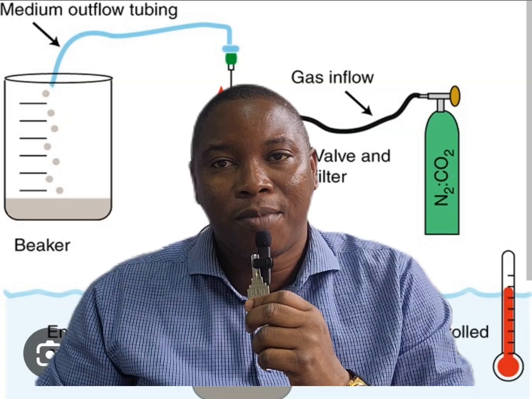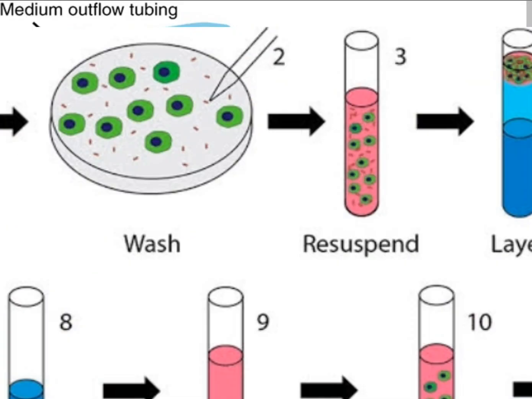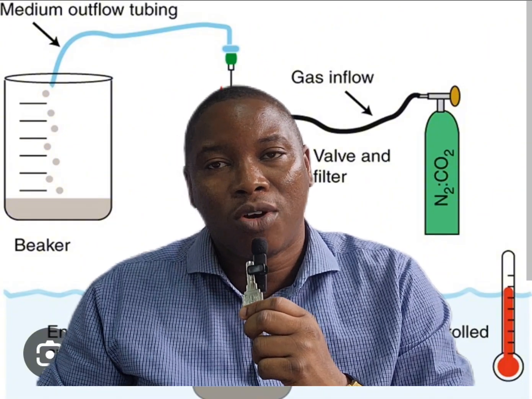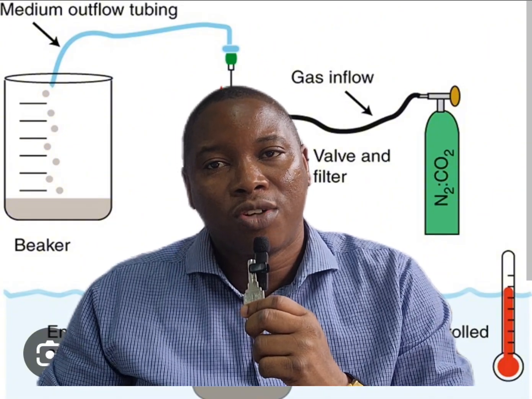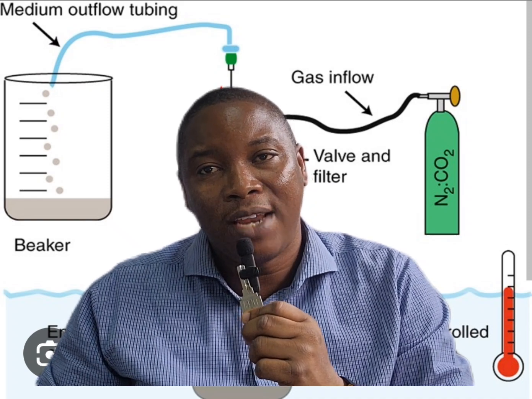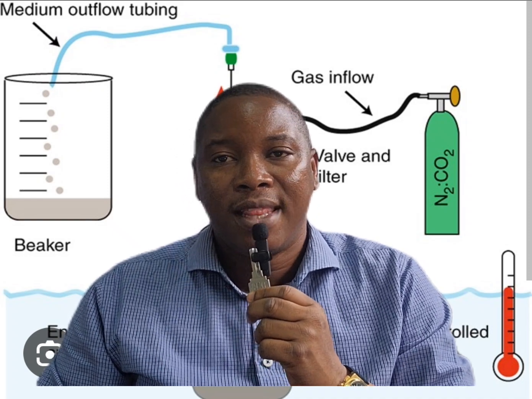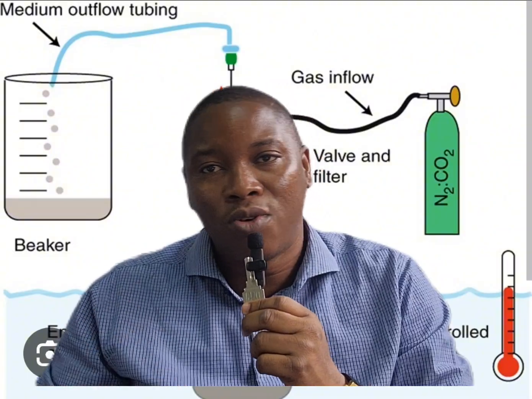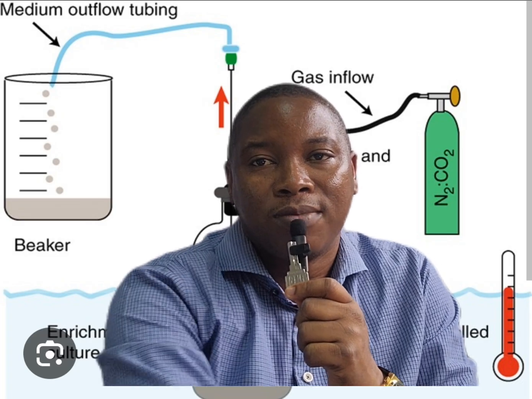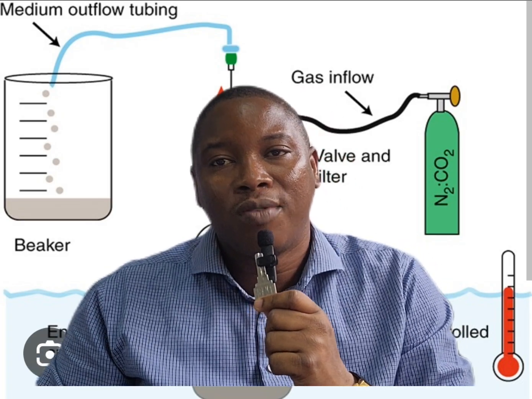Now, after the samples have been prepared, we want to incubate these samples, we want to create defined conditions, conditions of temperature, conditions of pressure, conditions of pH, conditions of nutrition. So we want to define, manipulate conditions in a way that these conditions favor the growth of these organisms. This is quite important. When we do that, we also want to monitor the growth of the organisms. It's important to monitor the growth of the organisms.